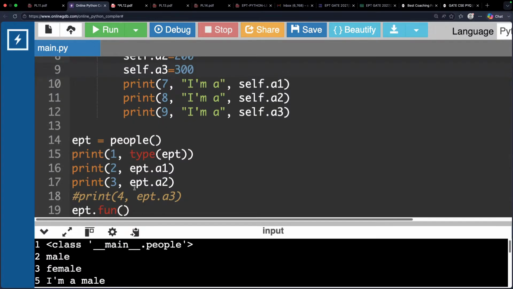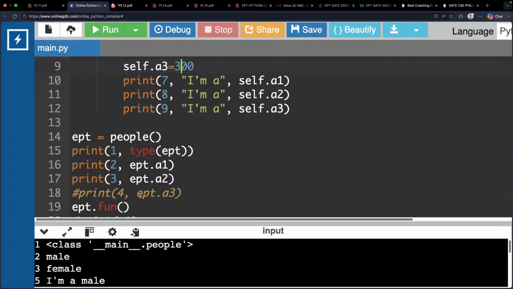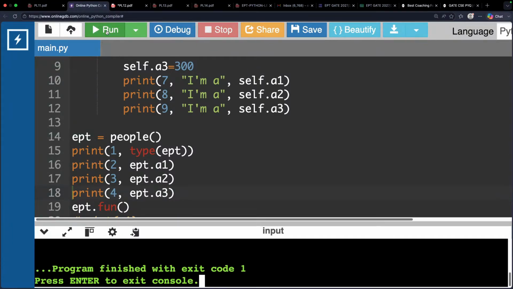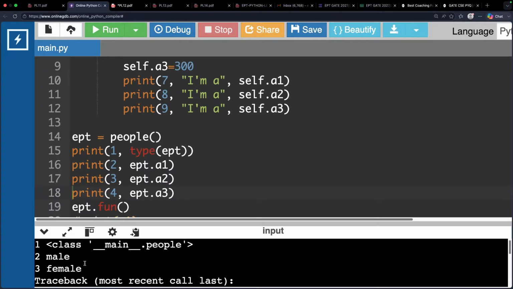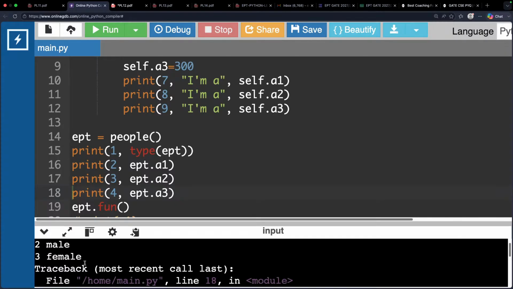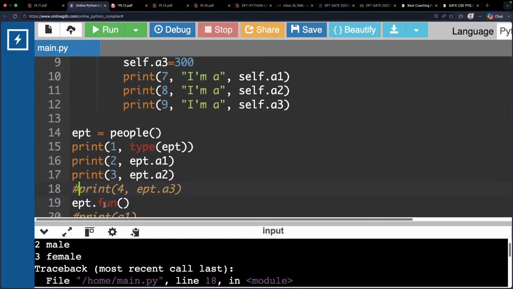Next one. So you called, right? I think this will give an error. If I remove this one, the error will come. If you want, you can check. I've removed it. Run it. You will get an error. See, the error you got. After the third line, you got the fourth line, and I think at the fourth line you got the error. So to remove the error, keep it. Next, the ept fun function is called.